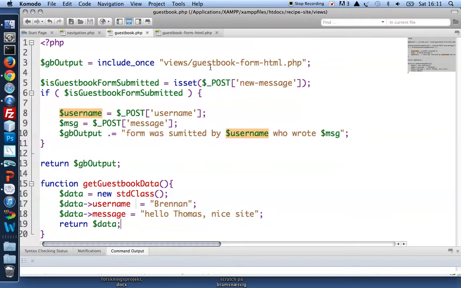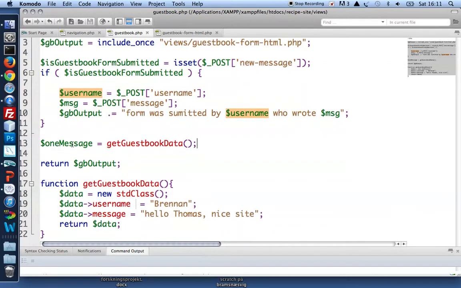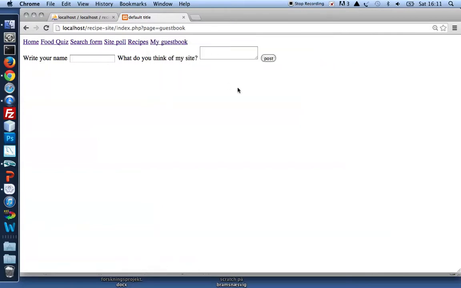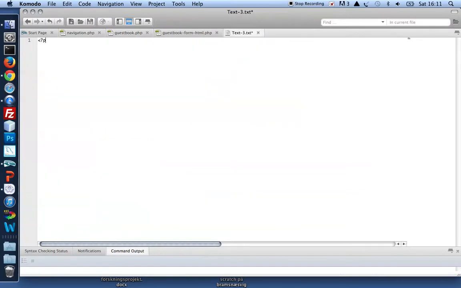Underneath my guestbook form, I'd like that one message equals what I get back from get guestbook data, and then I need a view file. I need to represent my data as HTML. Nothing has changed here at all. If I go and look at my page, nothing has changed. So I need a new file. Let's make that a little bigger. And I'd like that to return,